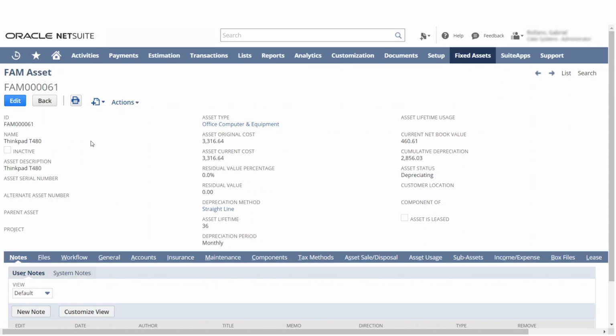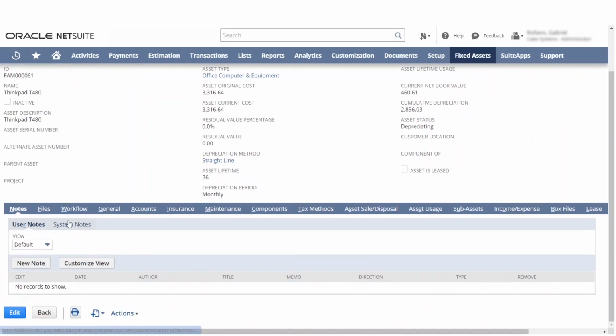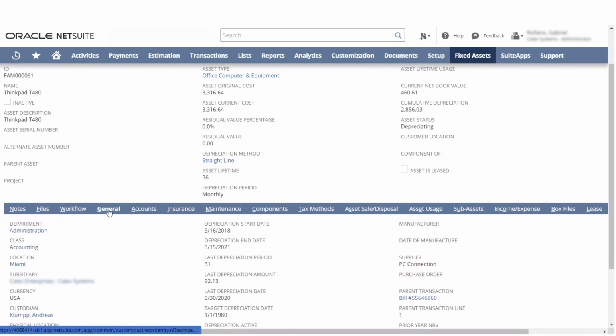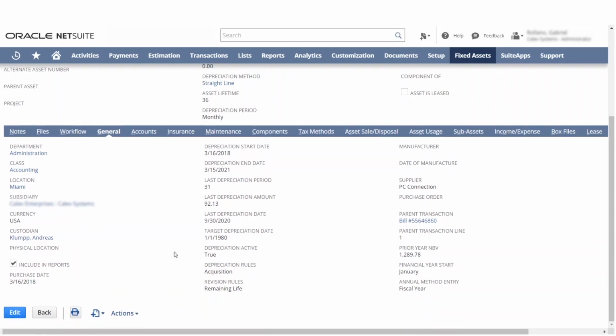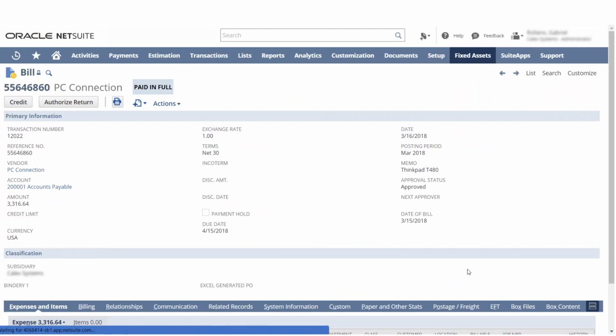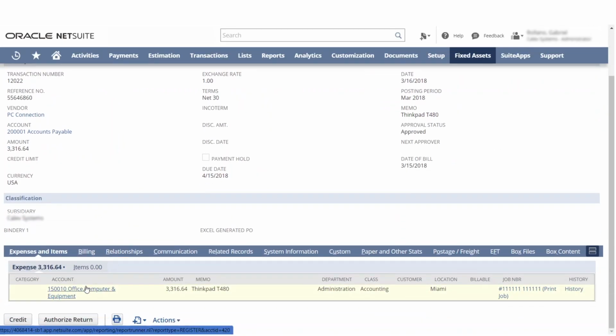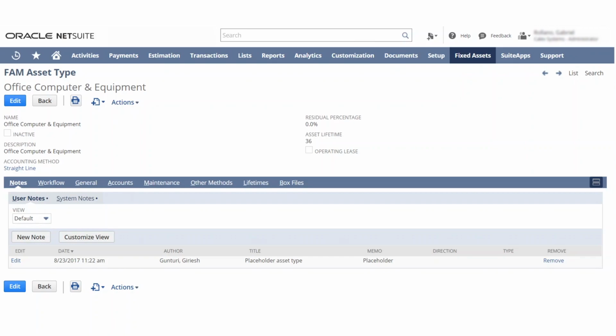So this shows a bunch of really good information. We can actually go a little bit deeper. Let's go to the general, and we can see the last time it's been depreciated. The last depreciation period was 9/2. The last depreciation date was 9/30, which I just ran recently. You can see the original bill that this was brought in by here. We're going to be going over this, that this bill, since it was coded to this account with this memo, got all this information pulled into